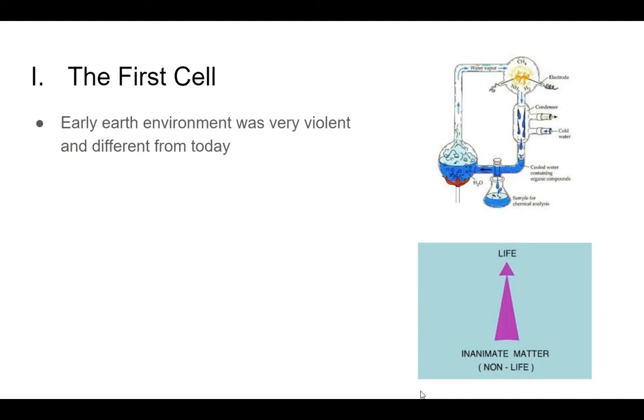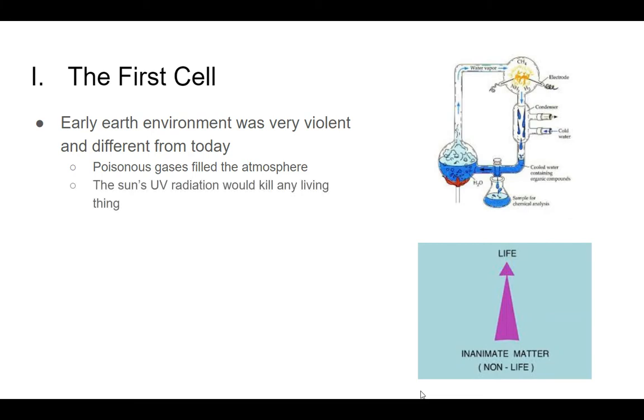Keep in mind, we learned last week that early Earth's environment was very, very different than it is today. It was very inhospitable to life, very violent. And I've noted a couple of specific things that were very different. Early Earth's environment most likely had some pretty poisonous gases that made up our atmosphere, and those gases were coming from volcanic eruptions. The sun's UV radiation was so intense that it would kill any living thing,